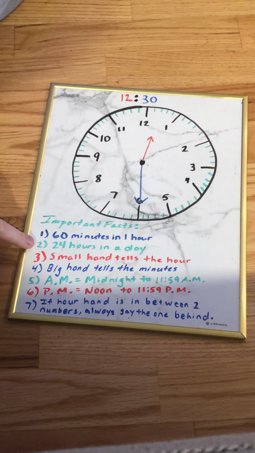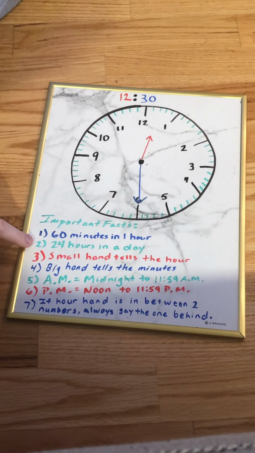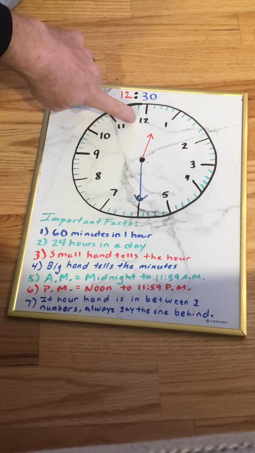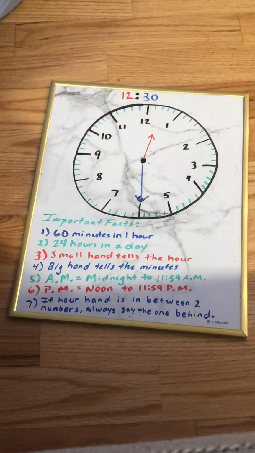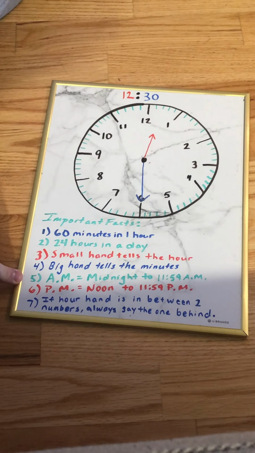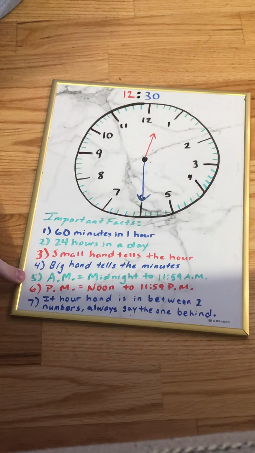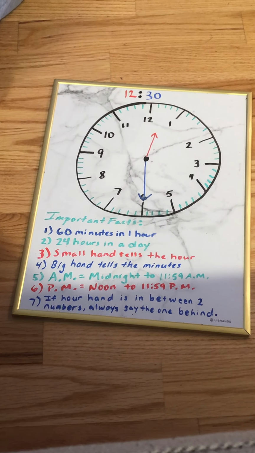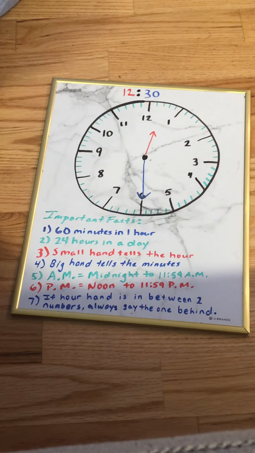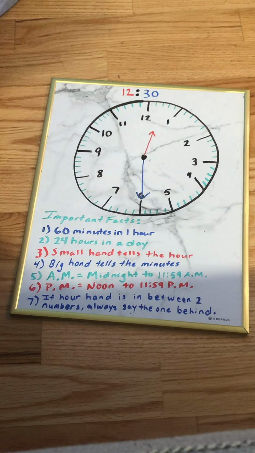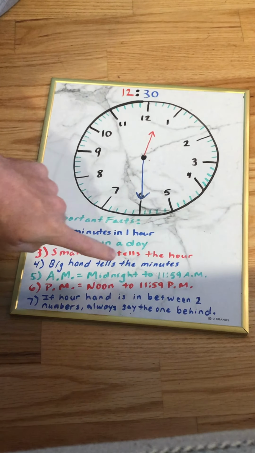How many hours are there in one day? There are 24 hours in one day, but there are only 12 hours represented on the clock. So what does that mean? We have to do 2 full rotations, and we refer to those as AM and PM. AM refers to the hours from midnight. Think about New Year's Eve, when your parents and guardians let you stay up a little later, up till midnight. And then that runs all the way up to